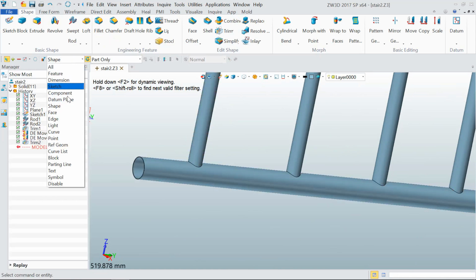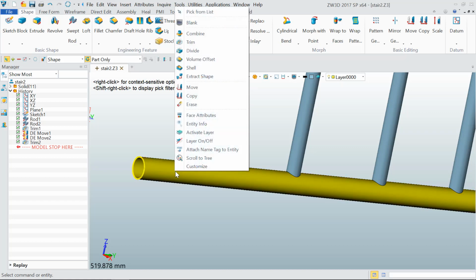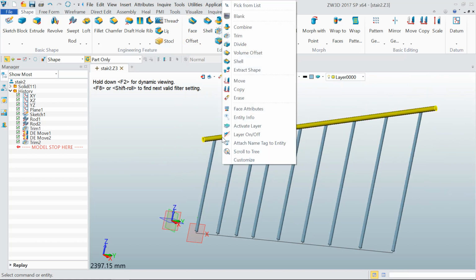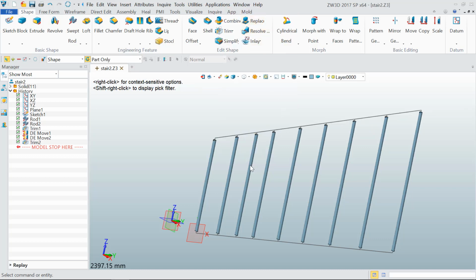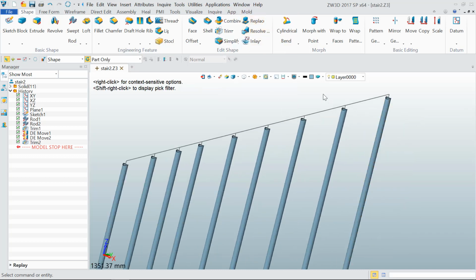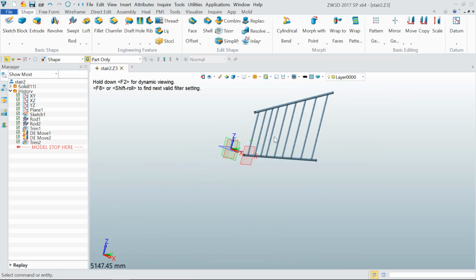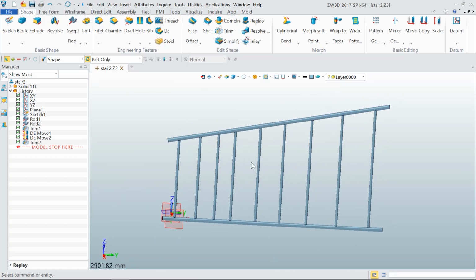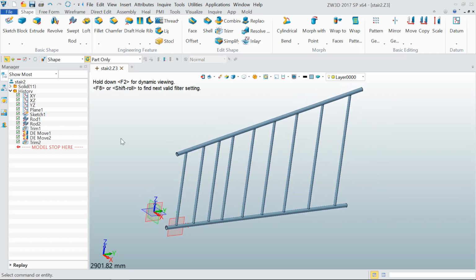Now go to the shape and blank to hide it temporarily, and you can see that the trimming operation is successful. Now after all this, we already get a rough image of the stair members. The next thing you probably want to do is adjust the gap between the internal members